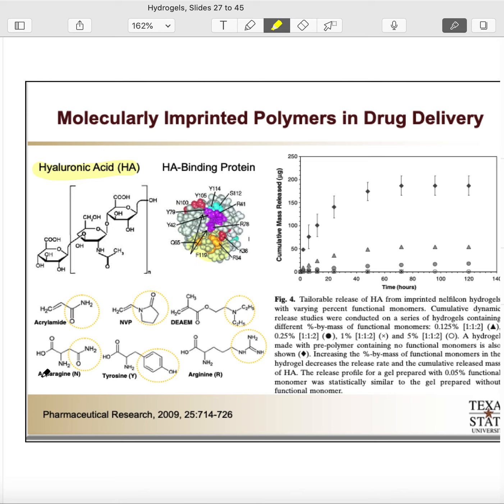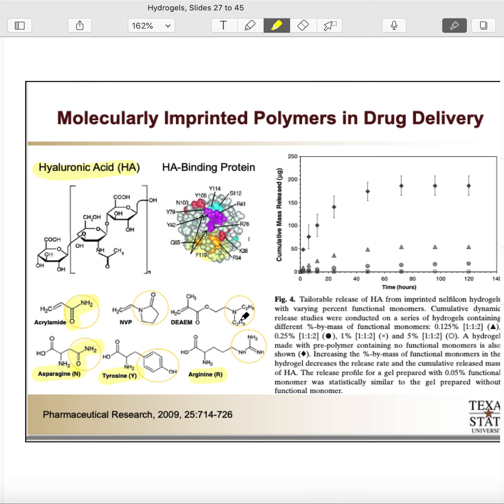And they identified that the repeat units or peptides that were the most important were asparagine, tyrosine, and arginine. These three are part of that protein. And so based on that, they selected synthetic monomers that have similar functionality to the peptides that they identified as critical. So for example, instead of using asparagine, they utilized acrylamide, which can be polymerized by free radical polymerization, yet it contains the amide group that the asparagine also had. Similarly, instead of using tyrosine, they selected N-vinyl pyrrolidone, which is a molecule that has a similar cyclic structure, and it also has hydrogen bonding capability. And finally, instead of arginine, they utilized diethylaminoethyl methacrylate, which also had positive charge, just like arginine would have under